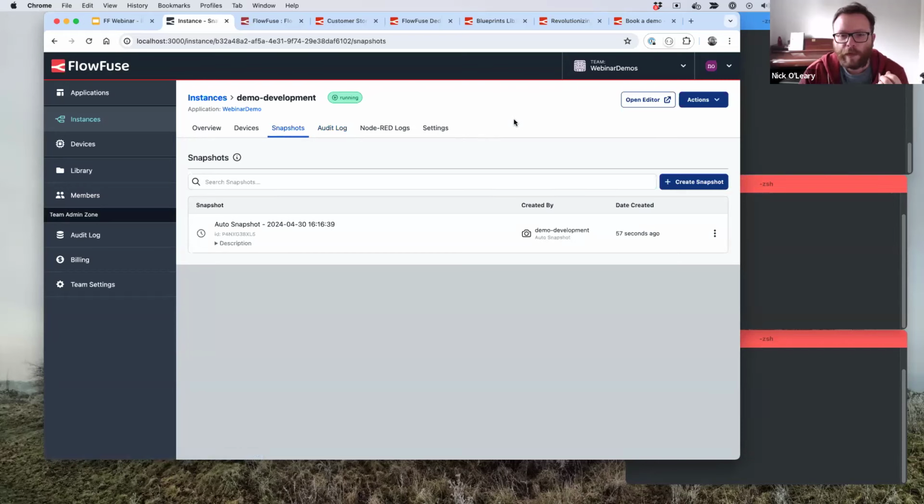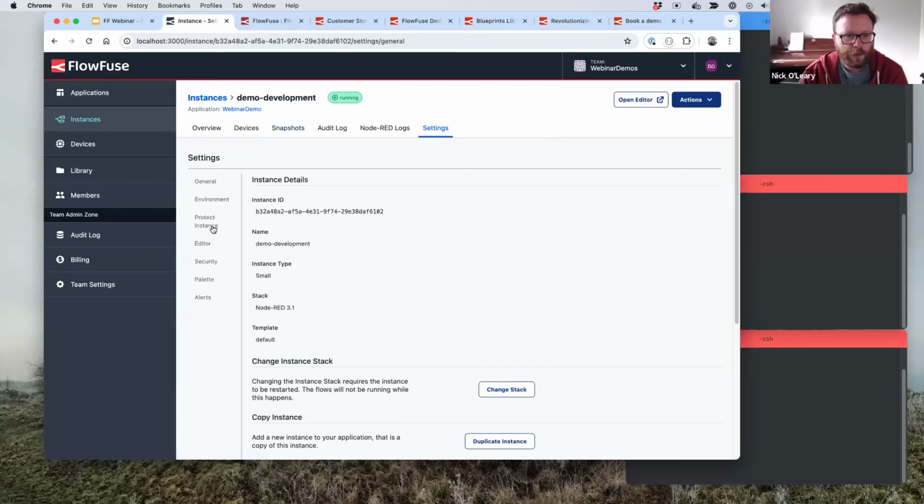Snapshots. Snapshots is a feature that allows you to create a snapshot, a backup of your flows, and in fact, not just your flows, but your complete instance configuration with all of its settings. And as you can see here, we've got an auto snapshot. So this is an option I must have enabled somewhere,